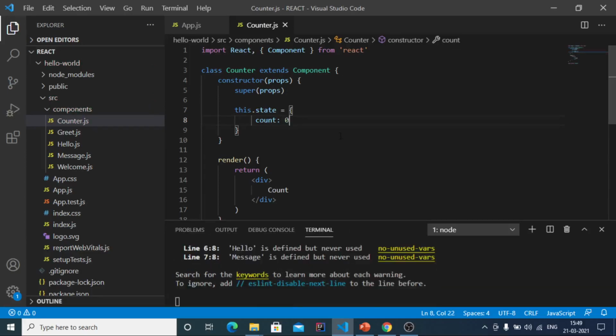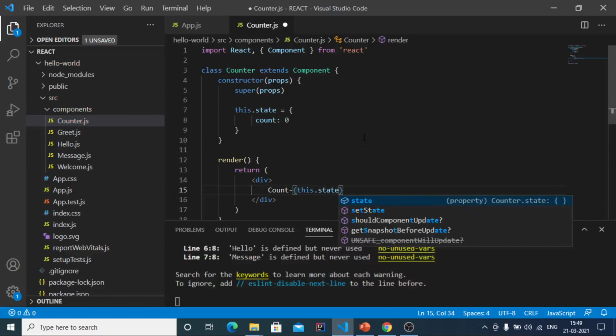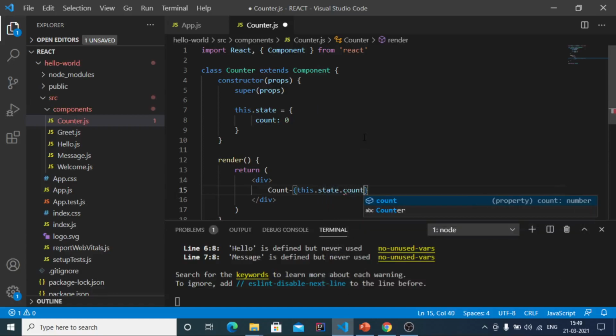So now we have to write here count, and you making use of state here. So this.state.count. Furthermore, now we have to create a button. So now we have to split the div tag here.